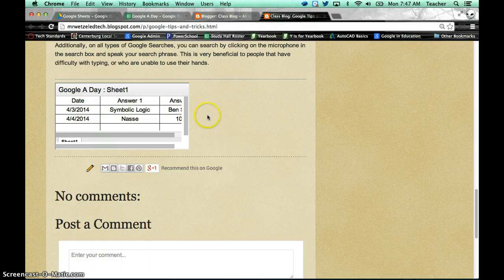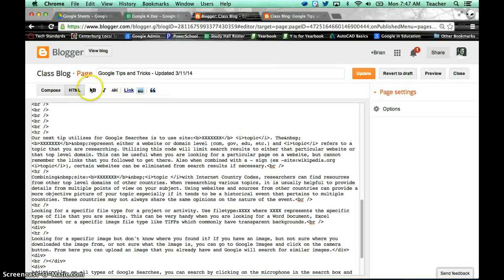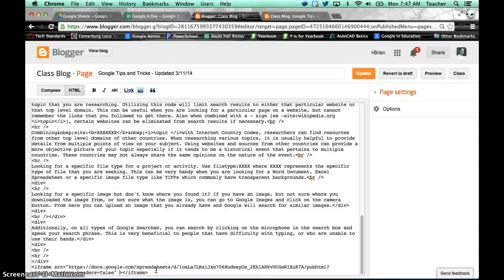So the first thing that we should definitely take care of is widening this out to utilize the space that it's given. So I'm going to go back over to Blogger. I'm going to go back into the editing, making sure I'm in the HTML area again. I'm going to scroll down. I'm going to click right here before this greater than sign, and then I'm going to put a space. I'm going to type in the word width, which is an attribute saying that I'm going to be changing the width of this code. I'm going to put equals and a quotation mark,